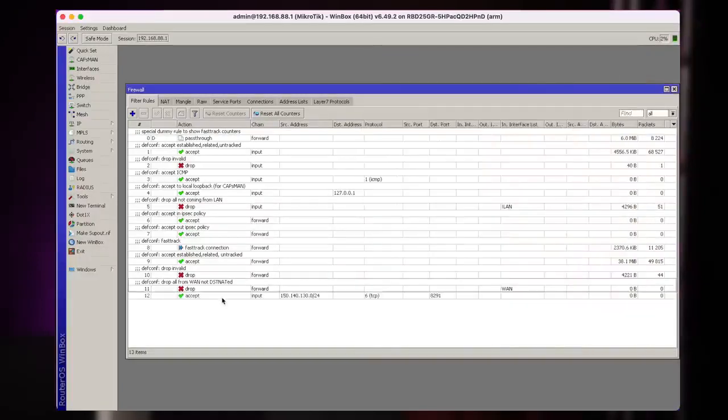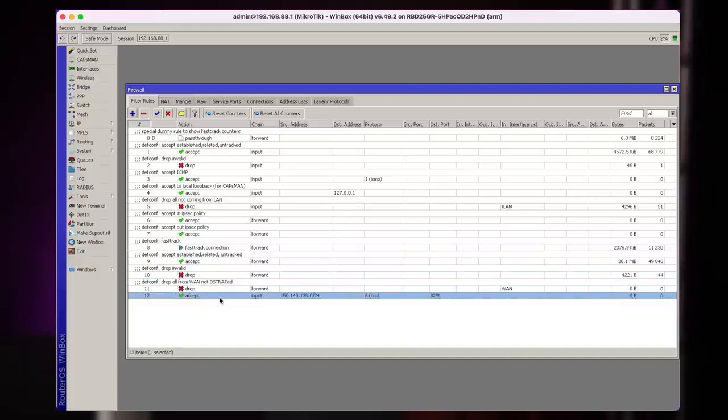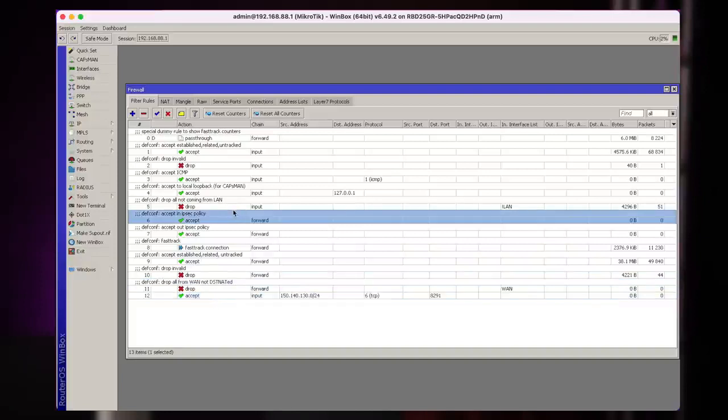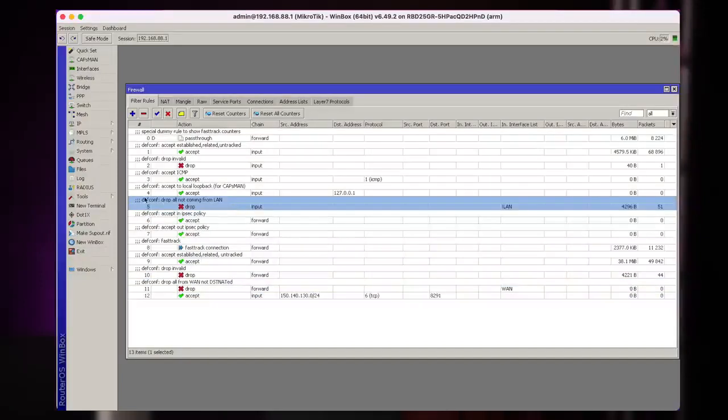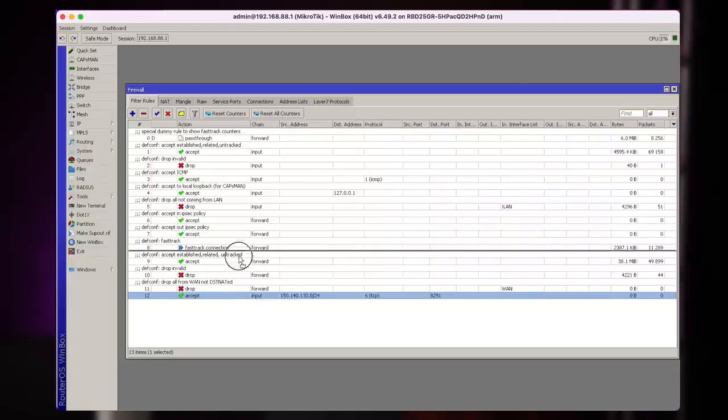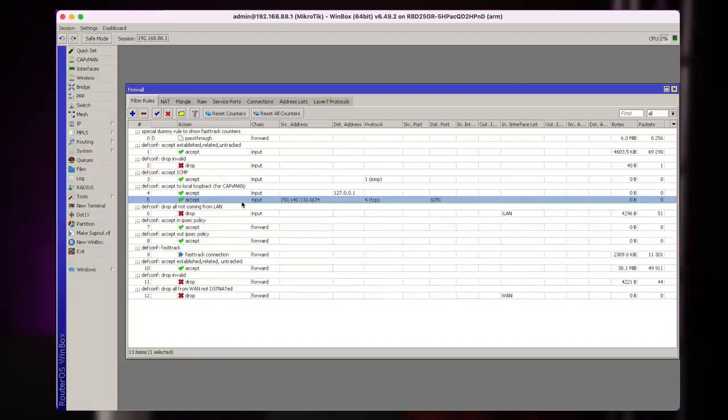But what happens is this rule is added at the end. And like I said before, the order of rules is very important. So in the input chain here, you can see that the last of the input rules is dropping everything that is not coming from the LAN. So we need to put this rule before we drop all this traffic. So I need to move it above the drop all rule.